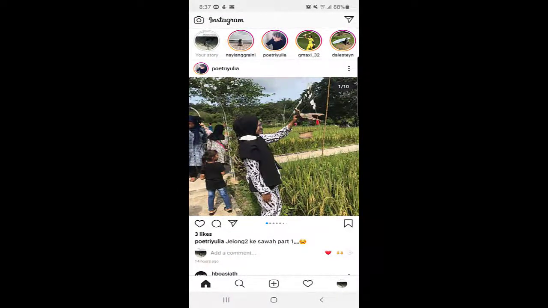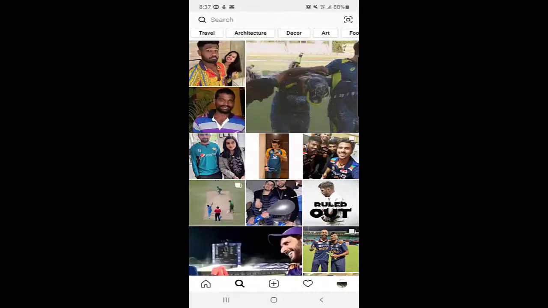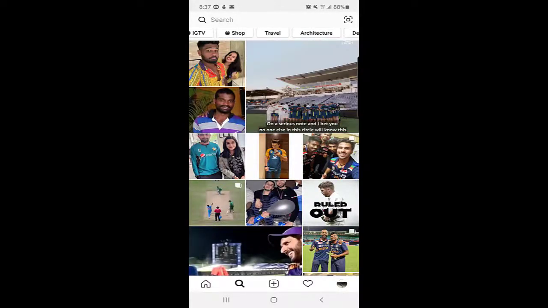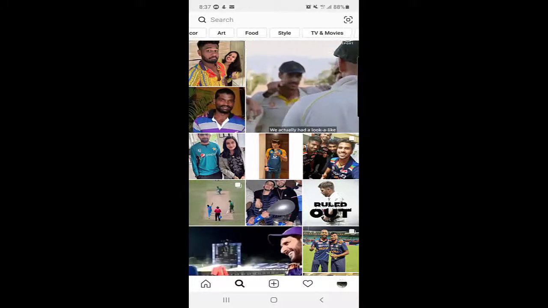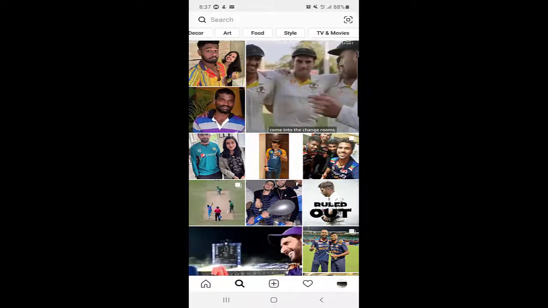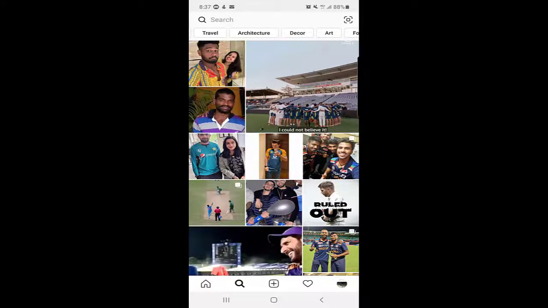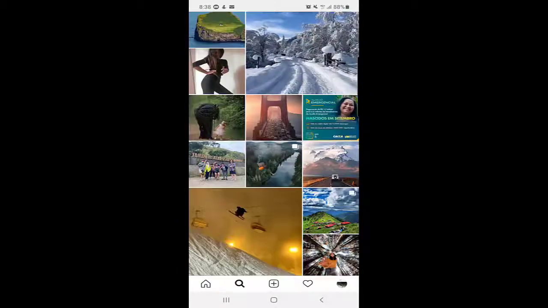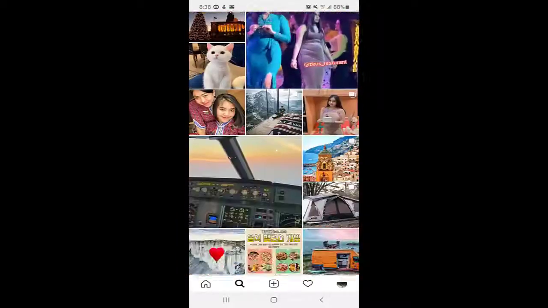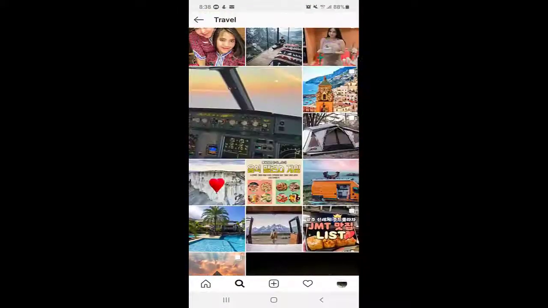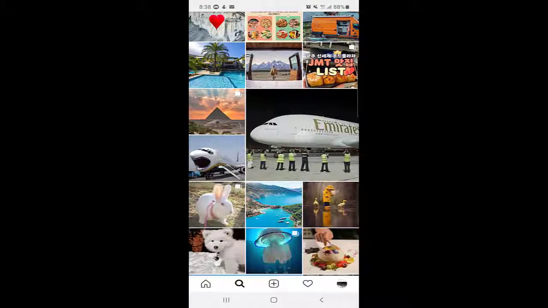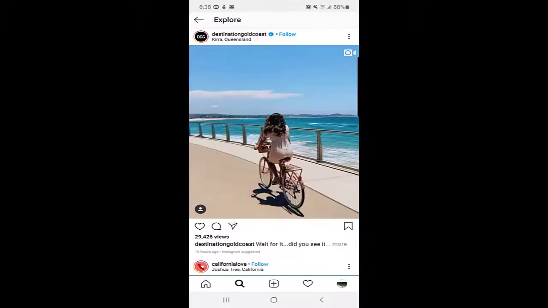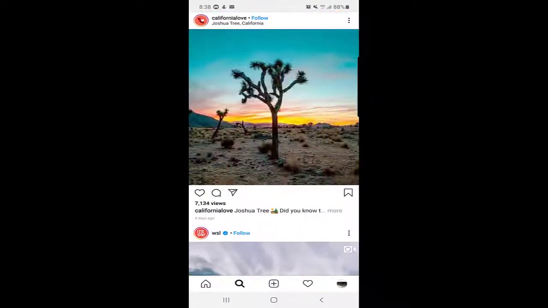The thing that I want to tell you is there is the search option. When you click on the search option here, you can see there are many categories like travel, architecture, decor, art, food, style, TV, movies, and everything. Suppose I click on the travel option. Here, as you can see, many people have posted their Instagram stories and they use the hashtag travel. Suppose this one I will click, and as we go down